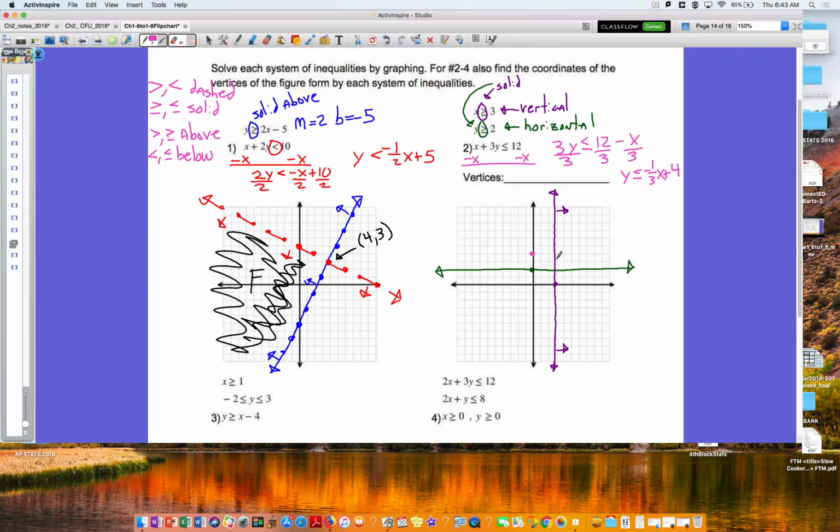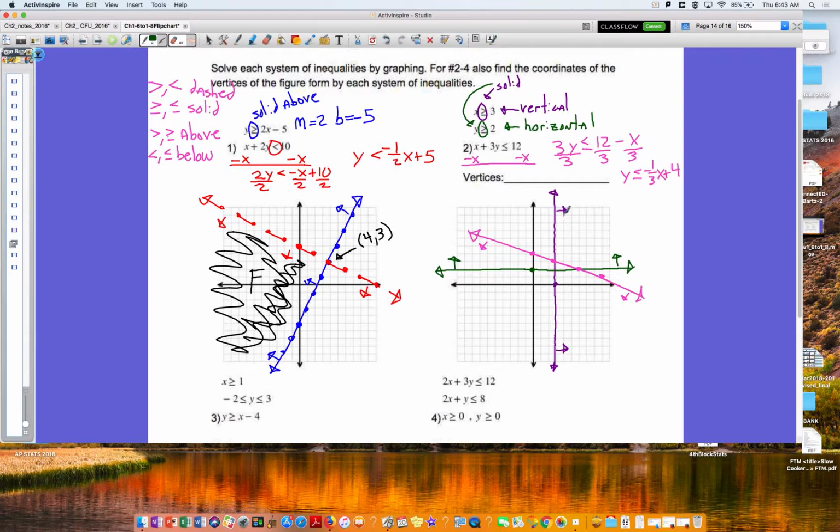Down 1 to the right 3, down 1 to the right 3, down 1 to the right 3. So again, I know it's a solid line, and my shading is less than. This is the tricky part here. I apologize because I forgot about the shading on the green one. It said greater than, so it's above on the green line. Got a little excited and ahead of myself. So, because I know it's above here on green, and to the right here on purple,